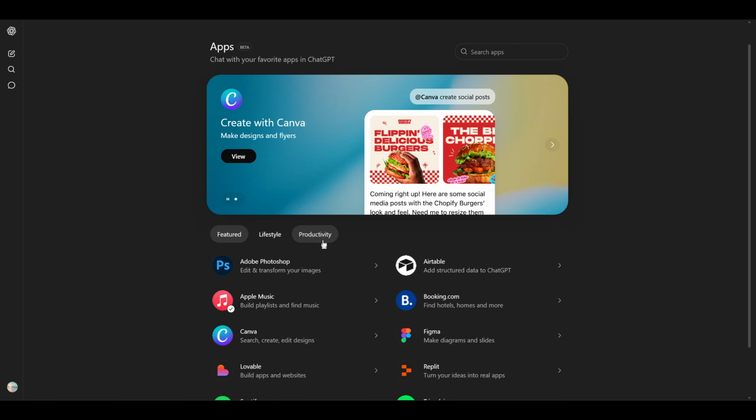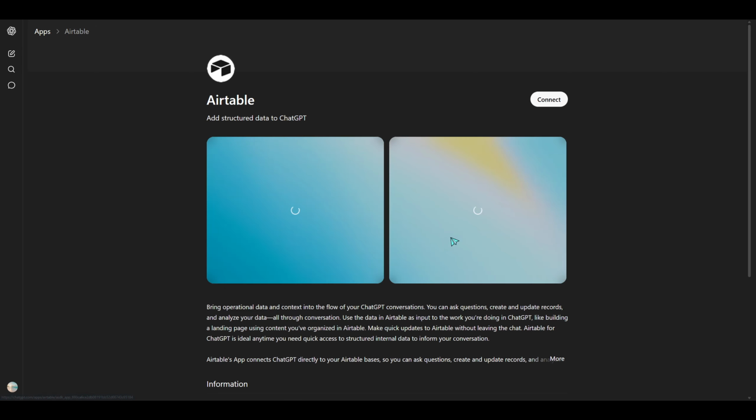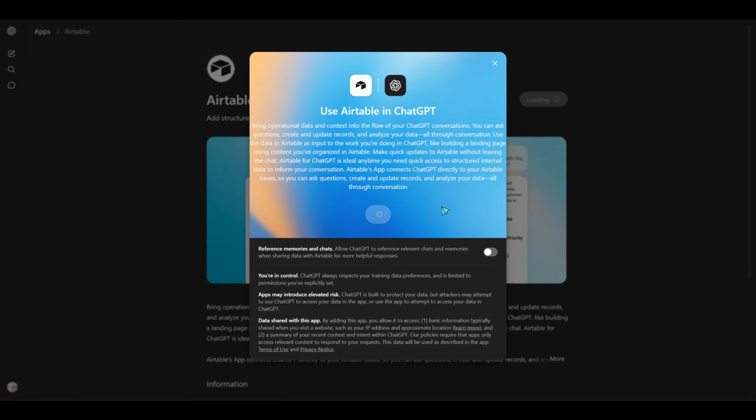This could include signing into the external service, authorizing access, or choosing specific settings the app requires. Take a moment to read each prompt so you understand what you're allowing, and only grant the access you're comfortable with. After you complete those steps, you'll be brought back to ChatGPT, and you should see that the app is